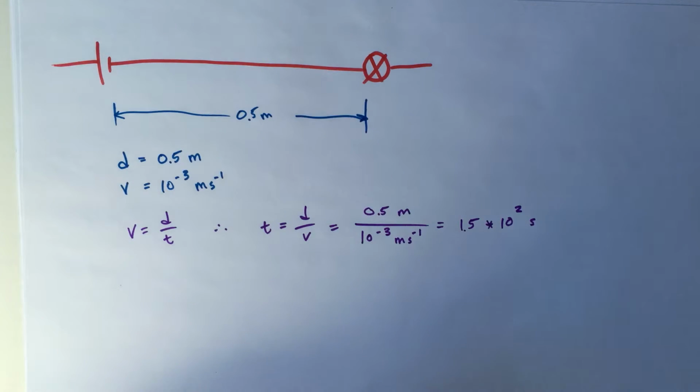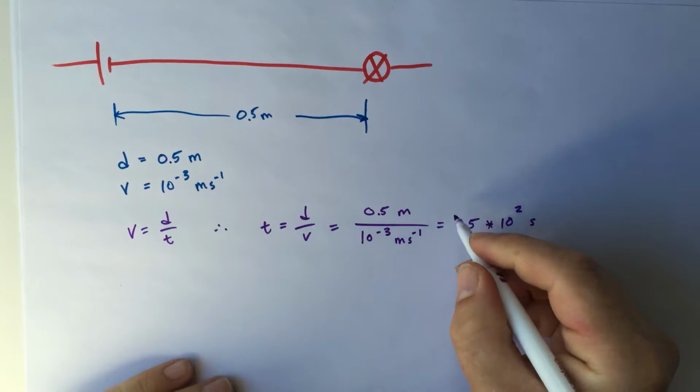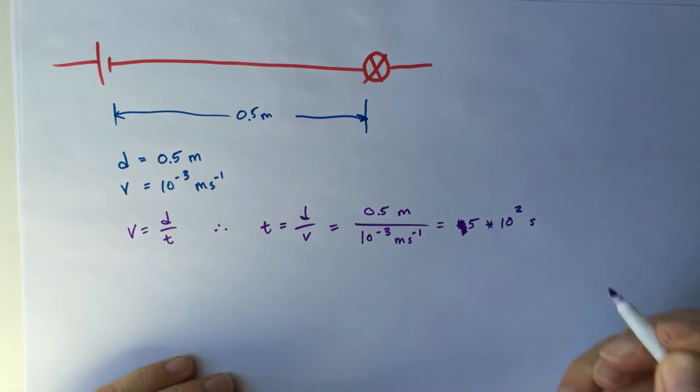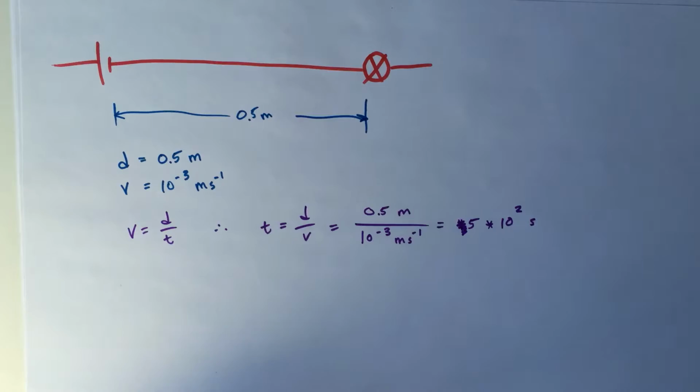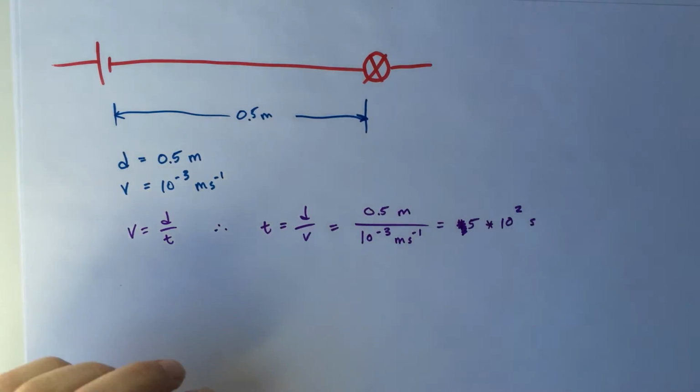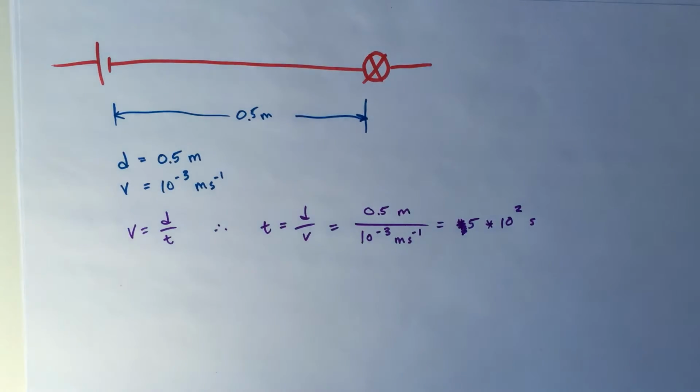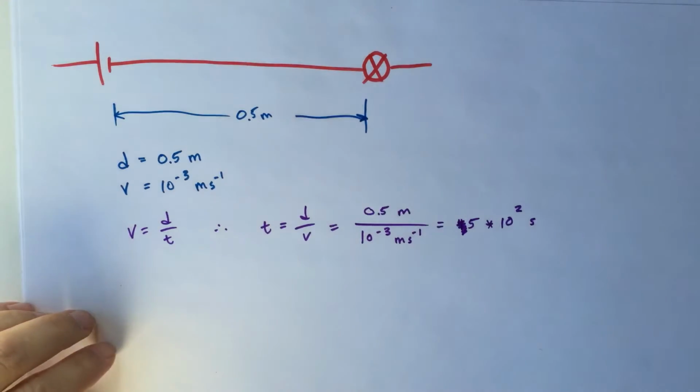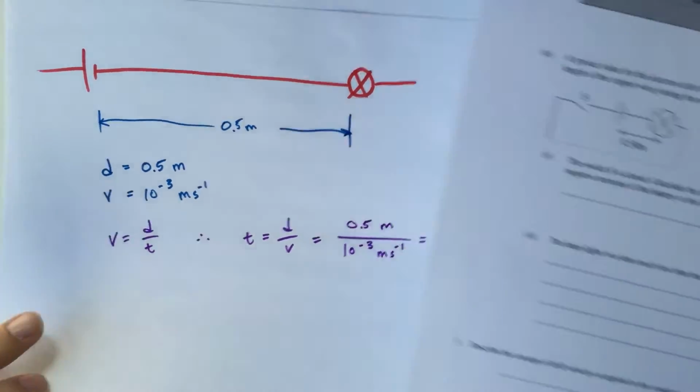Oh man. That's not 1.5 times 10 to the 2. That's 5 times 10 to the 2 seconds. All right, that makes more sense. Okay, next on our sheet we have